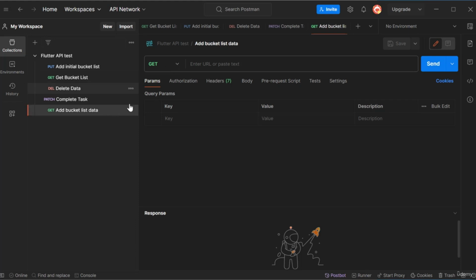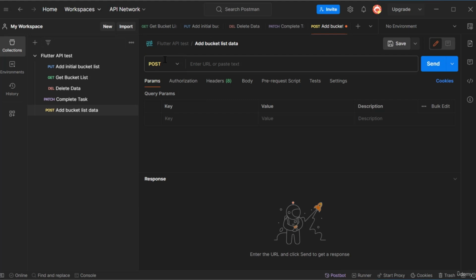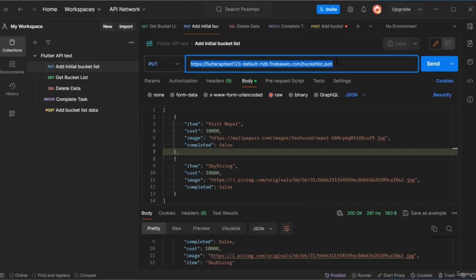So in REST API, when you want to add data into the database, or you want to send the data to the server for adding it to the database, you generally use this post request. But in real-time database, it's a little bit different. So what happens if I send this post request to our server? So let's move into this request, copy the API endpoint,